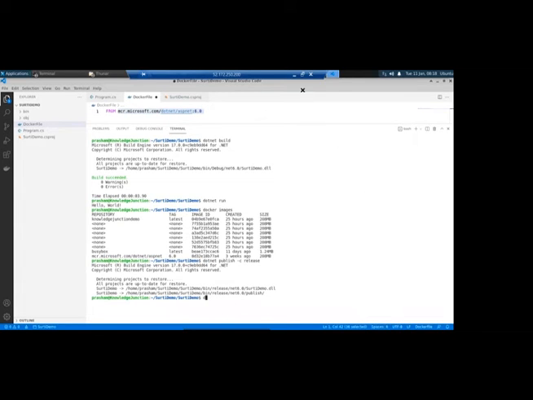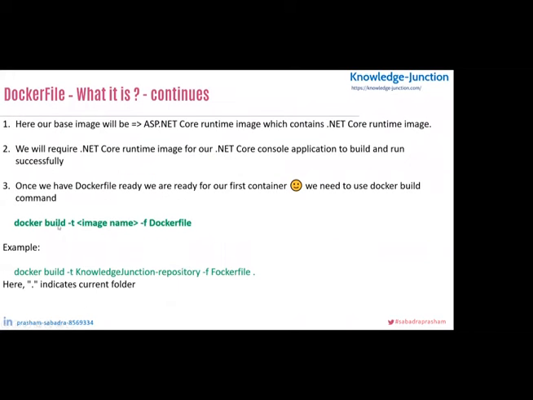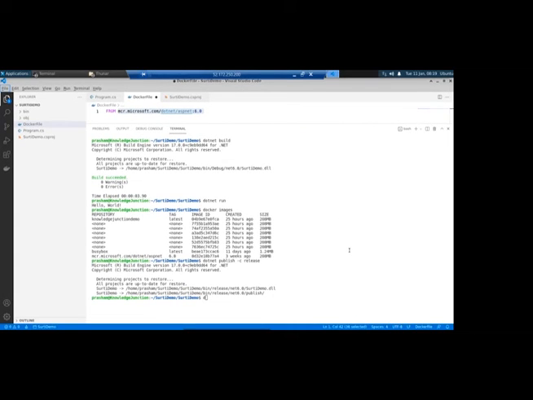So there is a command, docker build. We have to give the image name and give the input of the Dockerfile. Okay, so docker build. What is the image name? Let's have this -f with the Dockerfile and a dot. This dot indicates the current folder. The Dockerfile is available in the current folder. Let's have it.